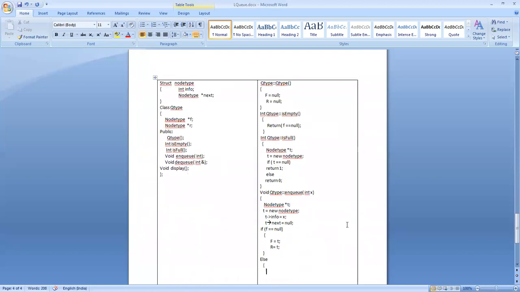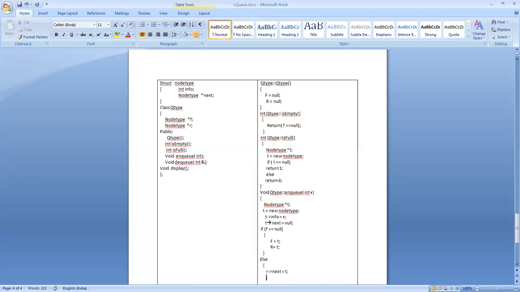Else, that is, if the queue is existing, rear reference next is equal to the new node, which is pointed by t. Rear reference next is equal to t.